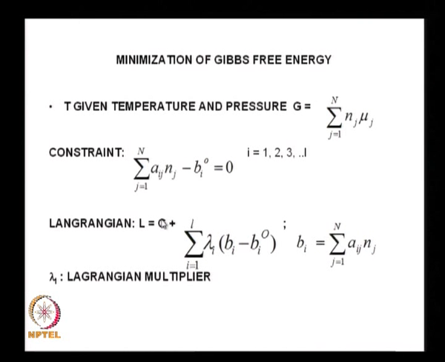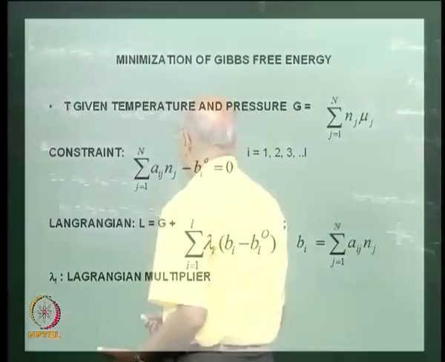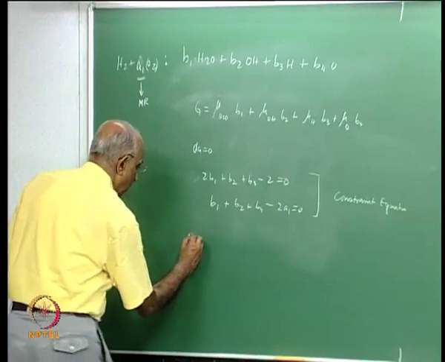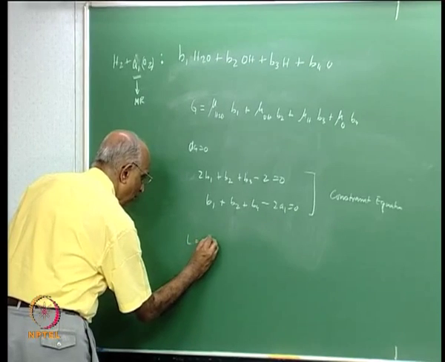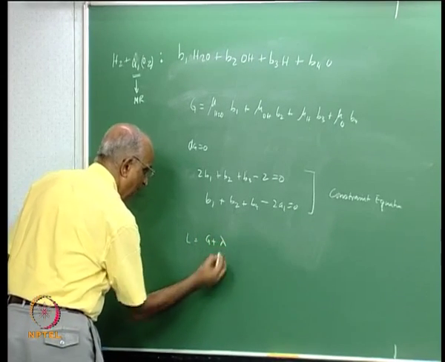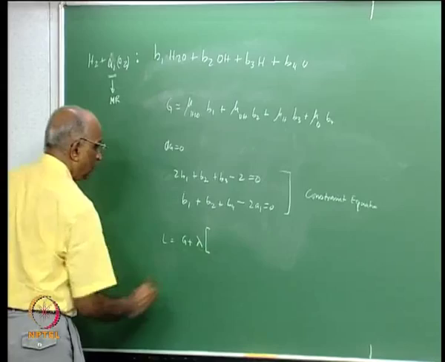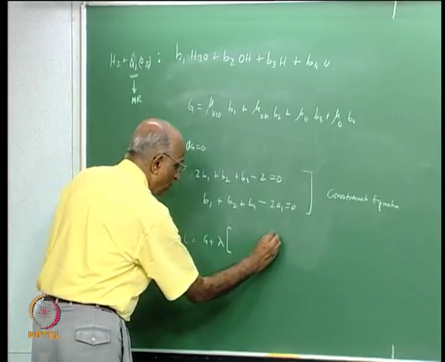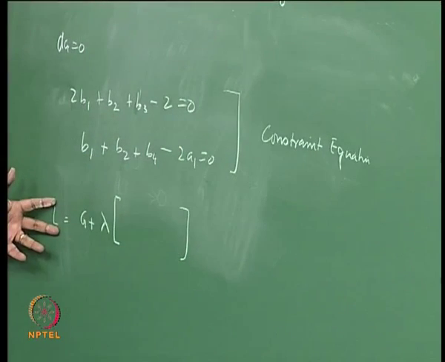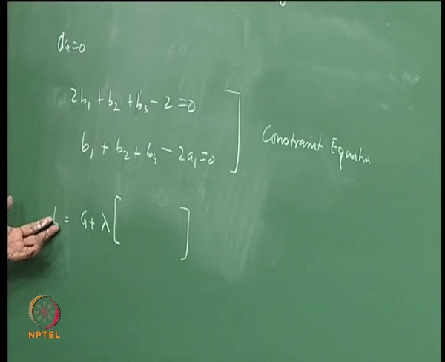In other words, let us put it back again, I should have the Lagrangian I define as equal to G plus lambda into this equation coming over here. This is what I define as a Lagrangian, and